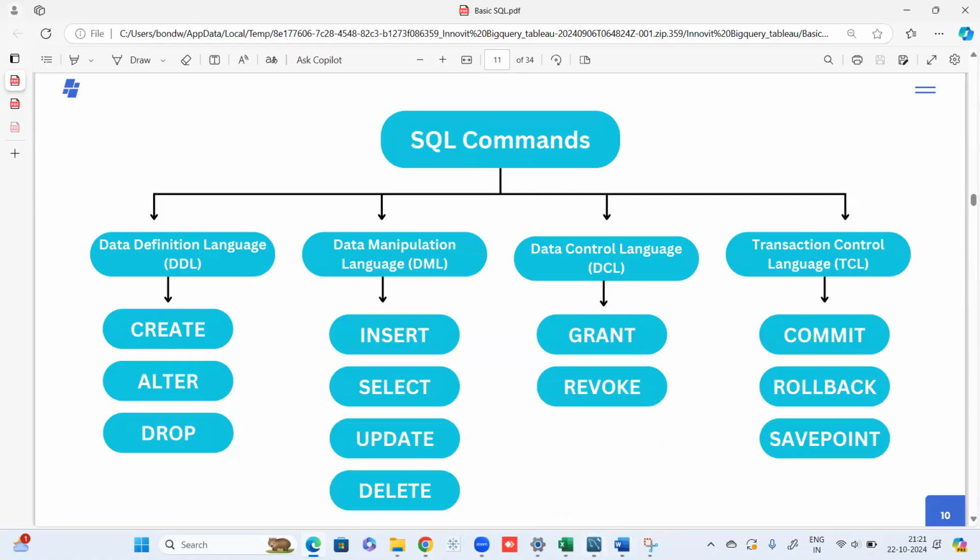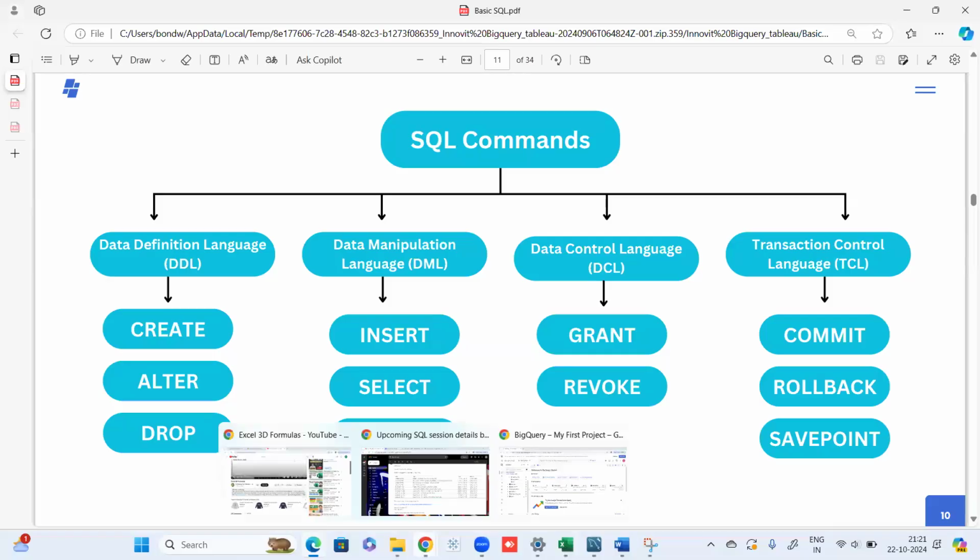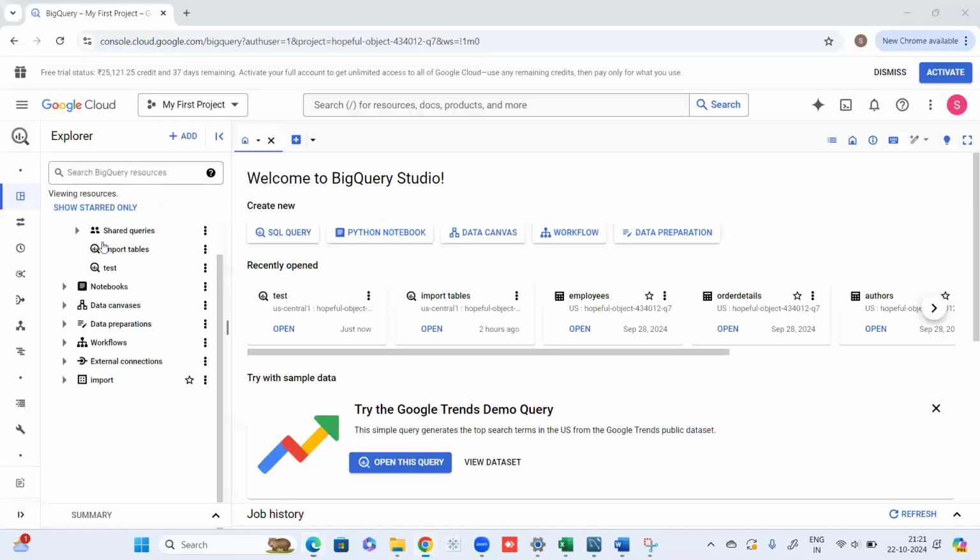Now, the reason we are not working with MySQL is because the setup, the installation can have some issues, and it's going to take up a lot of space on your system. And essentially, it takes up a lot of time to do the setup. Whereas when we are working with BigQuery, you don't really need to do any installation. All you have to do is create an account, authenticate it, and you're good to go. You can start working right away. So it's a better way of working, and also you get an experience of working with Google Cloud Platform. Google Cloud Platform has a lot of tools which are used for different kinds of activities, and BigQuery is essentially used to work with